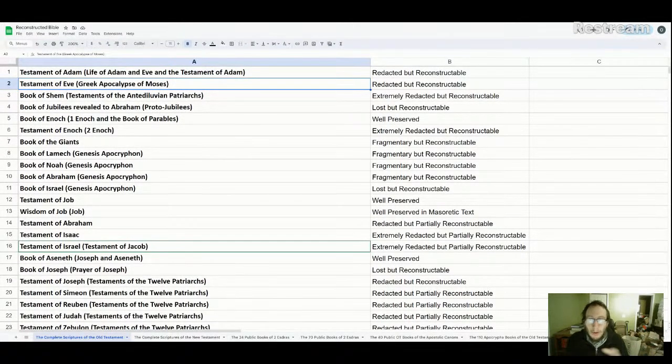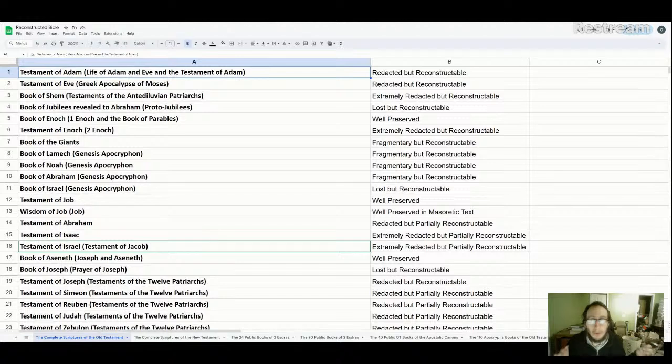So overall, my study has led me to conclude that the reason we have two different versions is because there were actually two separate books entirely. The one book was the Testament of Adam, which has Adam speaking about his life. And we see that in the Latin manuscripts. So Adam is reviewing his own life from his perspective, and that is preserved in the Life of Adam and Eve. The Greek version, however, does not have Adam talking about his life. Instead, it has Eve talking about her life.